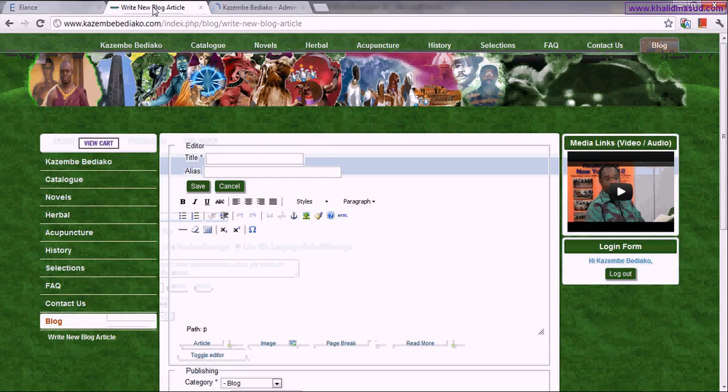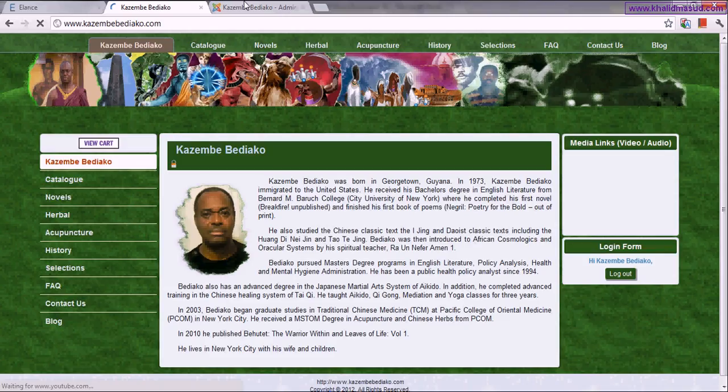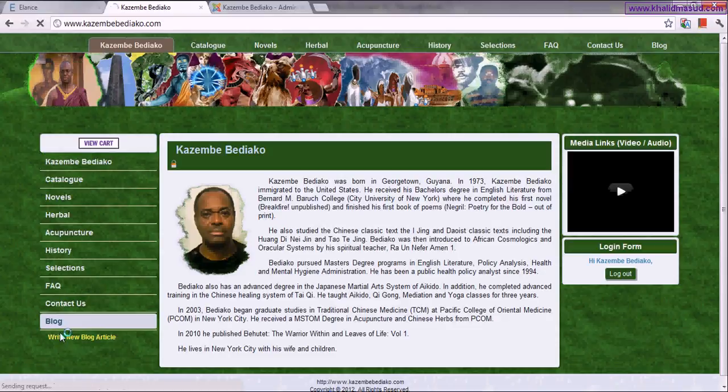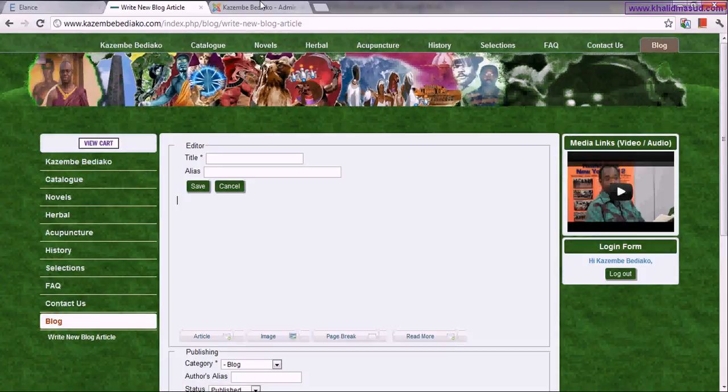Just to show you what changes that selection has made: now if I write a new article, all the options to make your text bold, to make a new paragraph, to make your text italic or change its color have gone away.